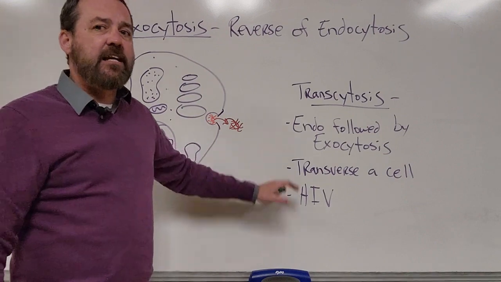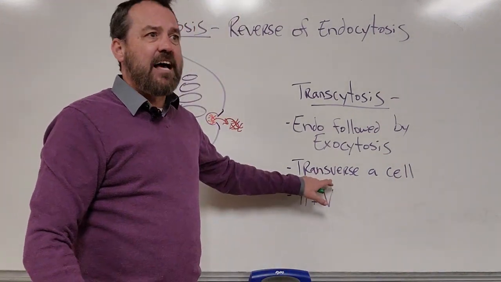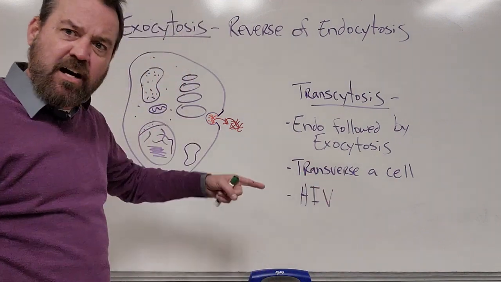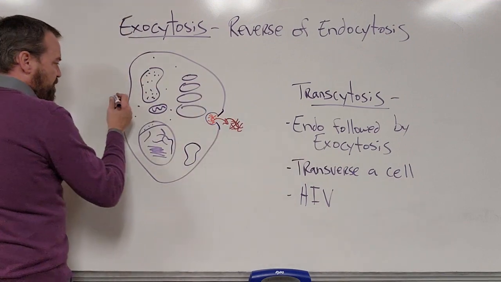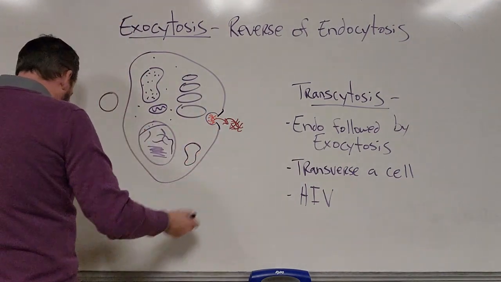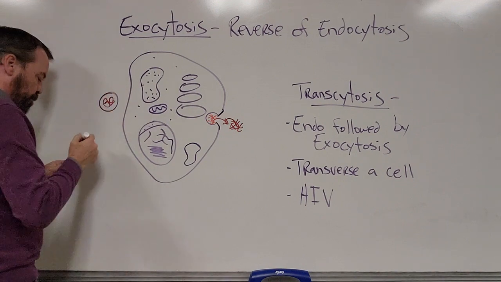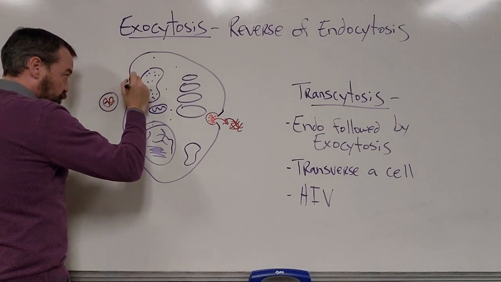Transcytosis is simply endocytosis that's quickly followed by exocytosis, and this allows substances to traverse or cross the cell. We're going to pop in one side of the cell, and we're going to pop out the other. It's just a thoroughfare for us. And so we'll have that over here where I'll just do this red protein again, pop it in on one side, boom. It's going to fuse with the cell membrane,